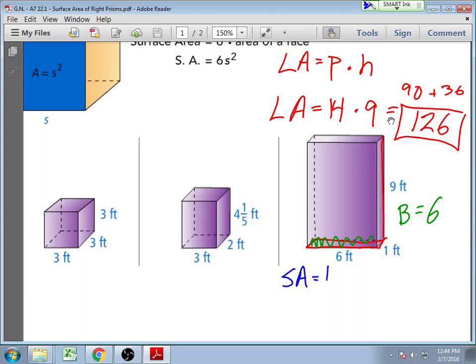Surface area then is going to be my 126 lateral area plus 2 times my base area. This becomes 126 plus 12. We can see obviously it's not going to be 54, but it comes out to be